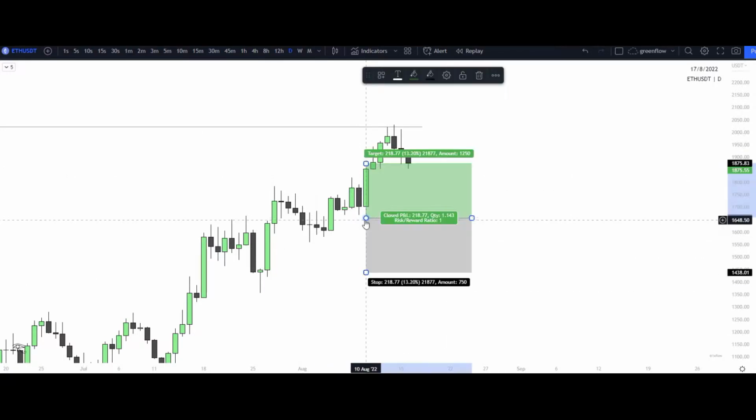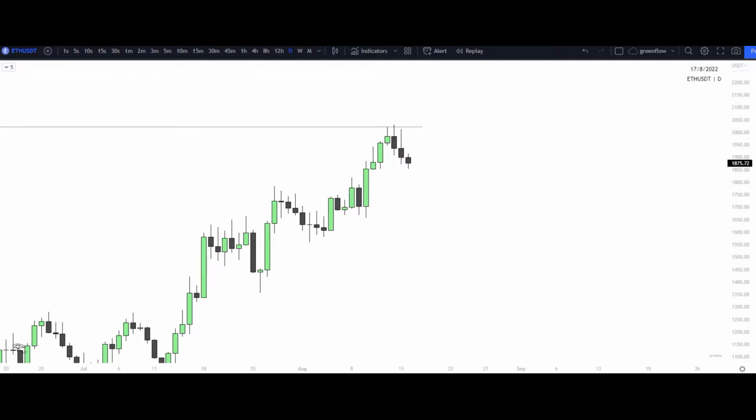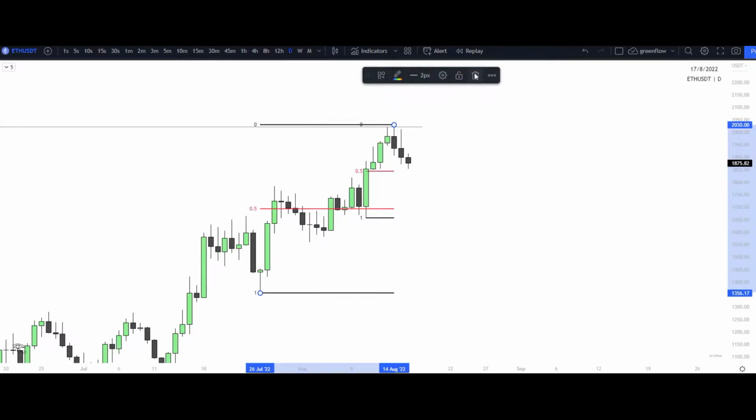So if I'm looking for my most recent demand to draw my range, looking for something similar, that lower time frame range within here, and then we talked about that liquidity raid on Bitcoin for that higher time frame narrative as well. We can see we're still holding that premium within the higher time frame narrative, but within our lower time frame range, we are also in premium. Let's go ahead and take that out.